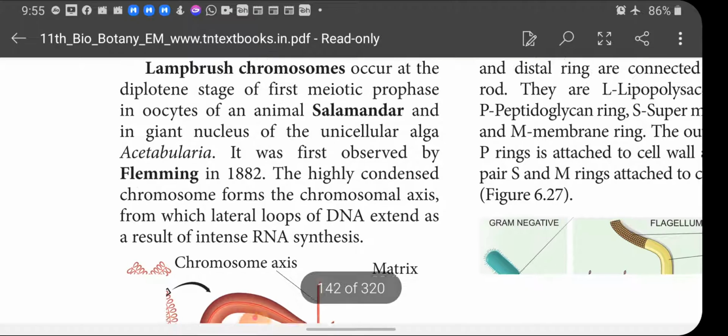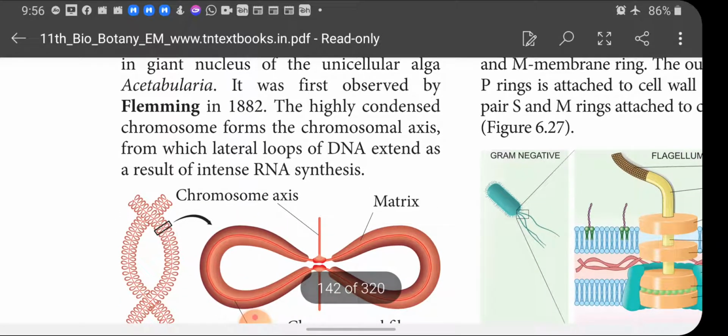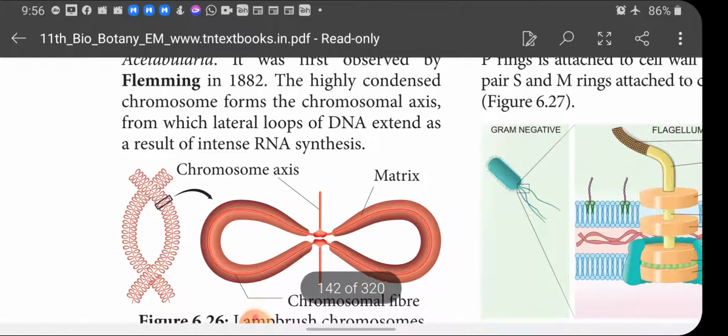In the same way, another type is lampbrush chromosome. Lampbrush chromosome occurs at the diplotene stage of first meiotic prophase in oocytes of the animal salamander and in the giant nucleus of the unicellular alga Acetabularia. It was first observed by Flemming in 1882. The highly condensed chromosome forms the chromosomal axis from which lateral loops of DNA extend as a result of intense